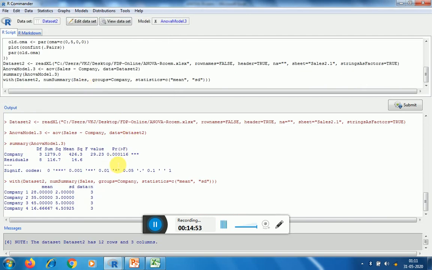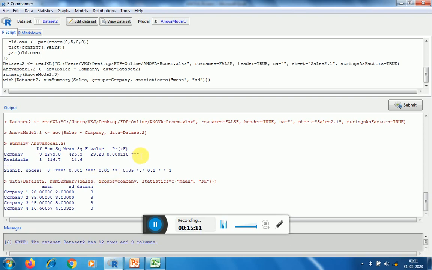So again you can see here that this p-value is 0.000116, and here 3 stars are mentioned. This 3 star indicates 0.001, or even 2 star is 0.01.